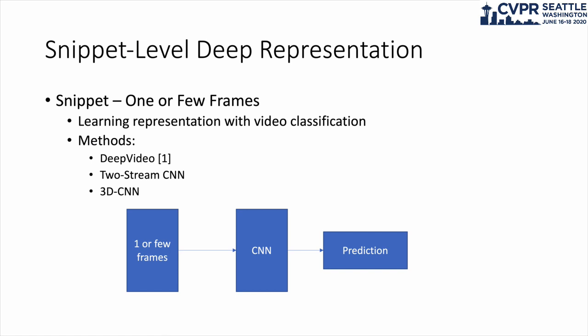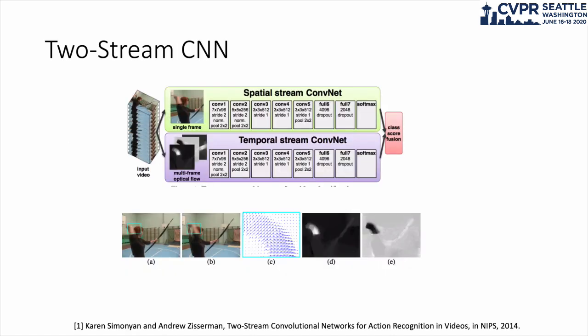The important works include deep video, two-stream CNN, and 3D convolutional neural networks. These approaches are very straightforward. The input to them is one or few frames which form a snippet. They are fed through convolutional neural networks, either 2D or 3D CNN based, and make a final prediction of a category label. The two-stream CNN approach uses the idea of using optical flow to represent motion and proposes this two-branch